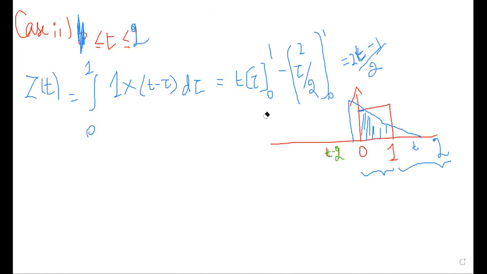But I will tell you one more case is also possible. I will tell you why. Because still I have some portion towards the left hand side. If I move towards 2 to 3, you see carefully here, I will get the signal like this that will be placed here.